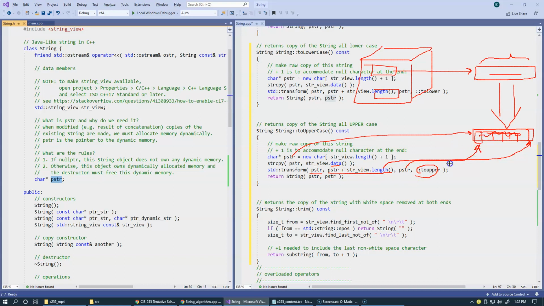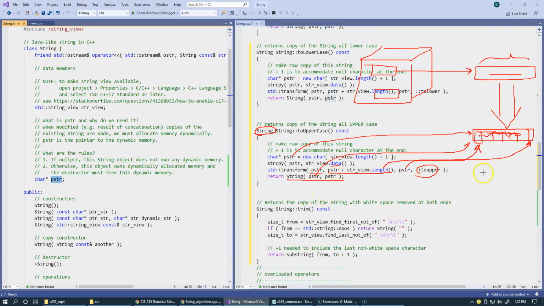And once we're done, we have this block, a brand new block of memory allocated dynamically. Let's construct the new string which will now capture this thing and hold on to it. Okay, so we manufacture this string and we return the string from this toUpperCase